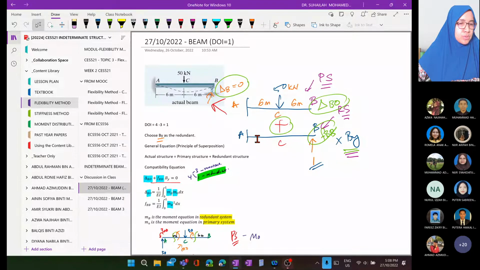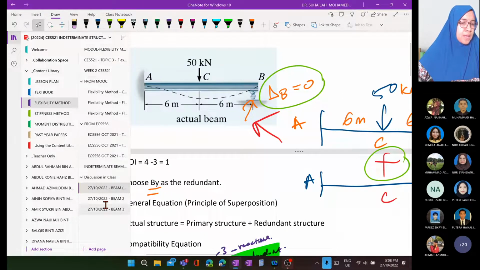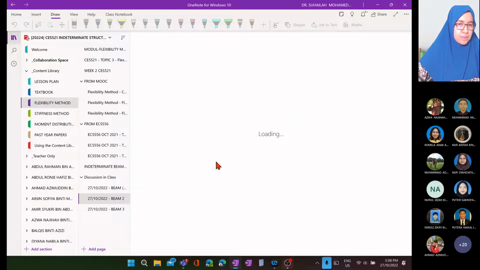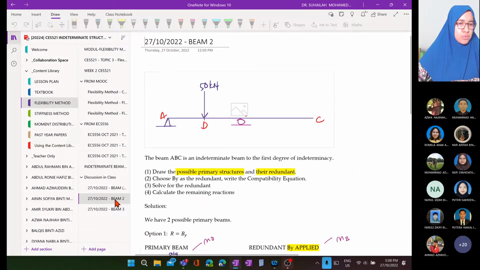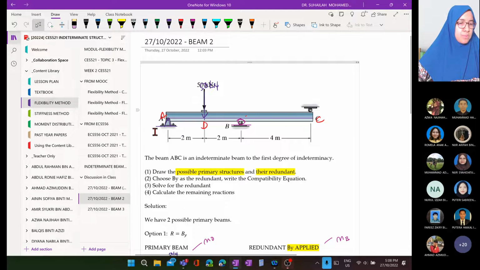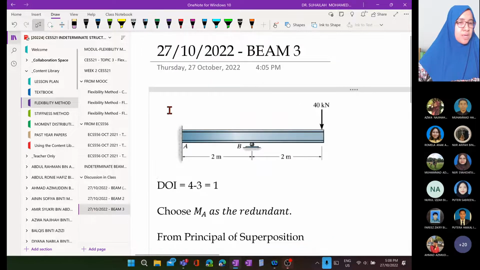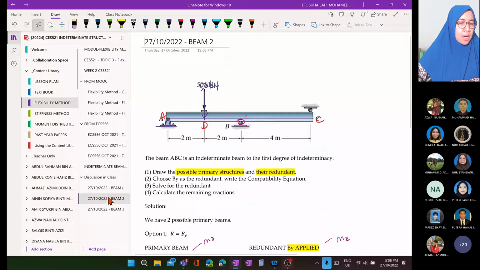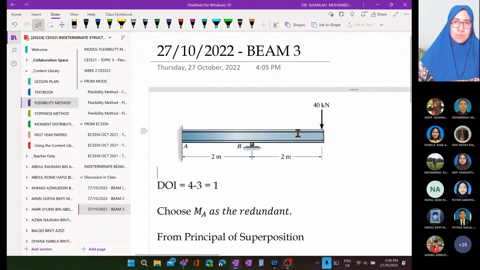So start with this one, and then this one, beam 2. And just now, we discussed this beam. The first two beams, I have set BY as the redundant. BY as the redundant. So this time I want to change the redundant to moment, because always remember that for one